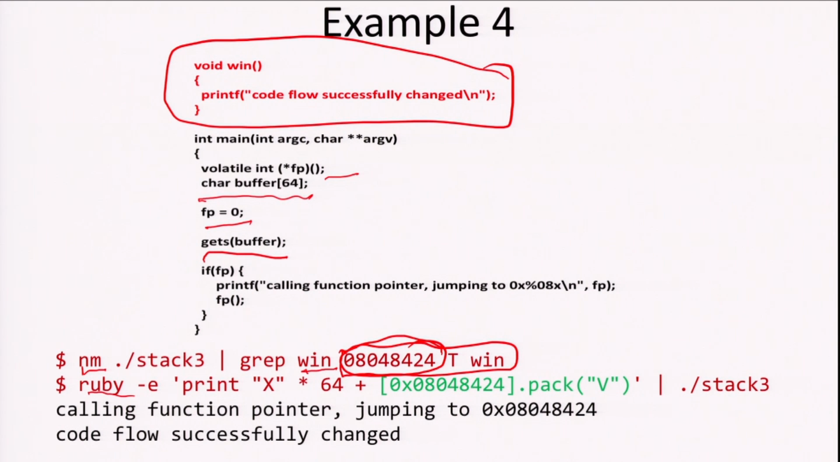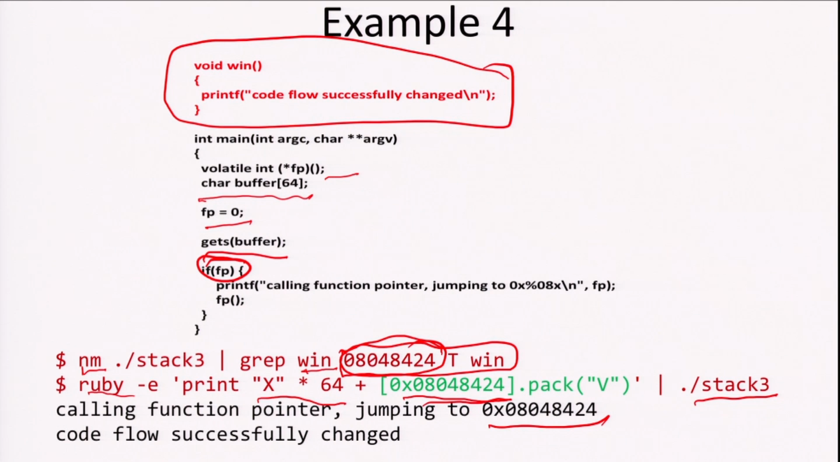So in this case we are creating a string of 64 characters, and then whatever is the content of this address, we are basically packing this as a binary. So it's not the content of this address, it's packing the binary, and then you are passing this to stack 3 as an argument, and then we'll see that it jumps to the function pointer, because here the function